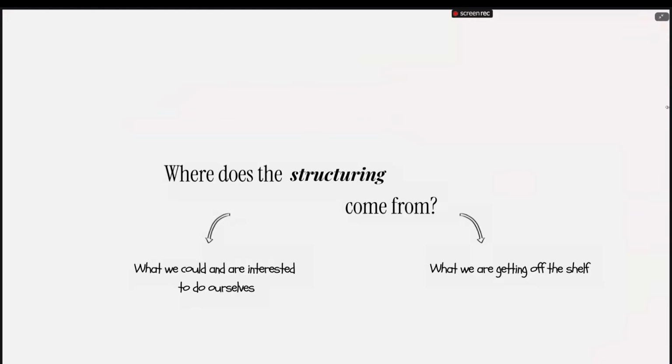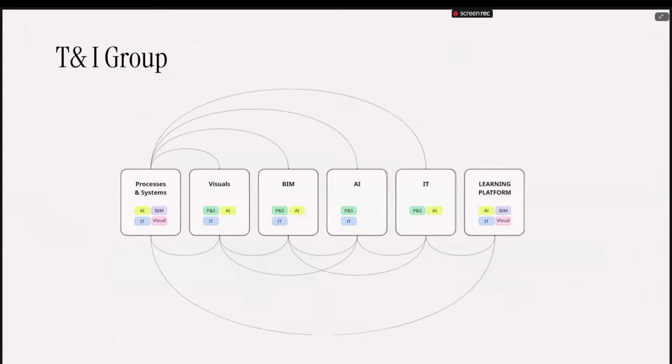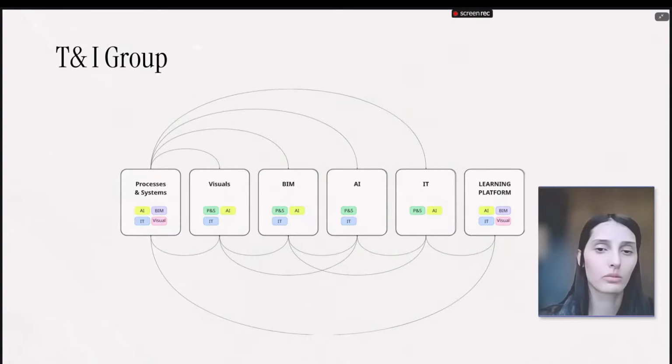Okay. So like what I said before, how we're structuring is that there are things we're interested in doing ourselves, and then there are things we're getting off the shelf. Going into how we organized our group: first of all, it's not an AI group. It's never one individual thing, but a series of things that work together in a nice synergy. So it's our technology and innovation group, where we work with processes, visuals, BIM,